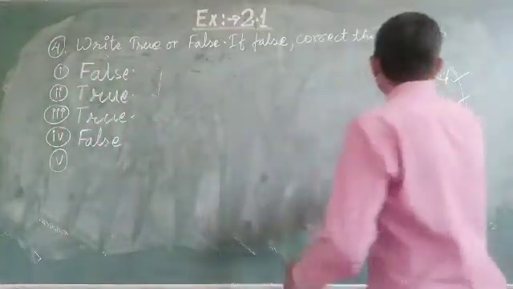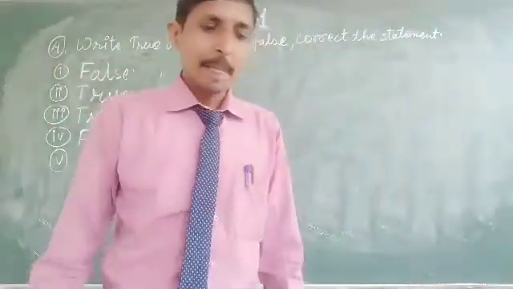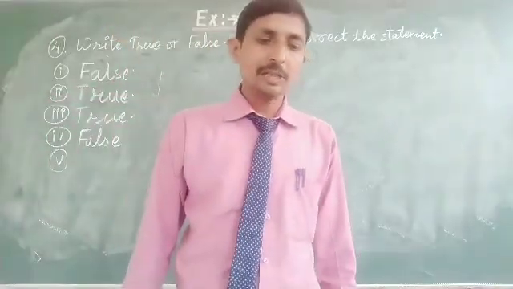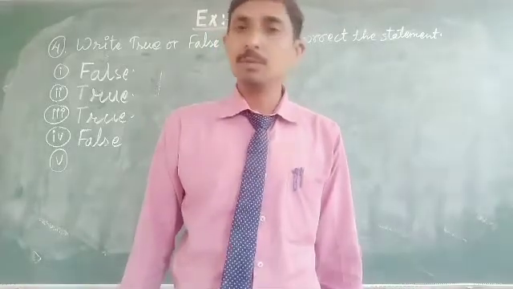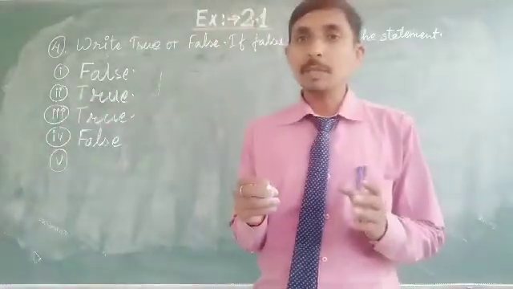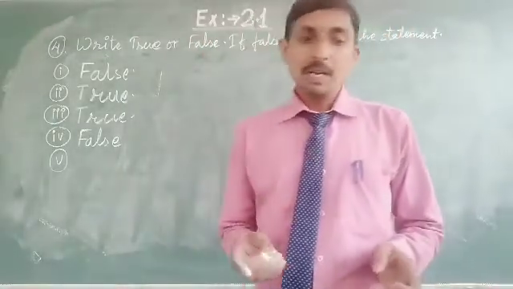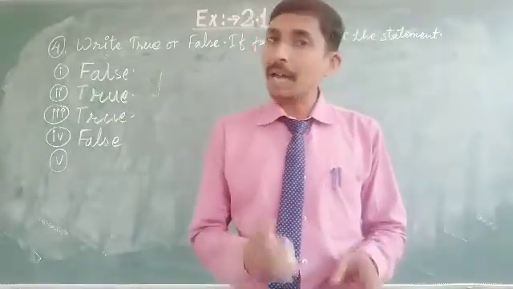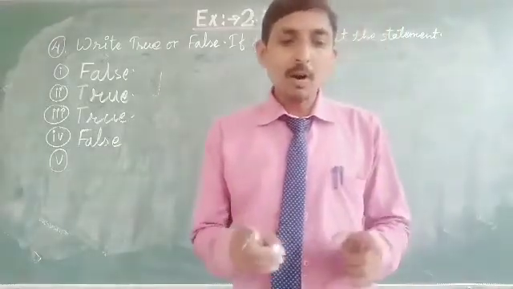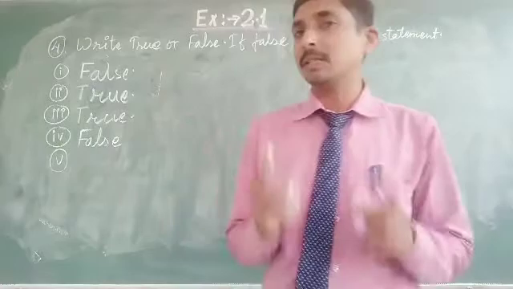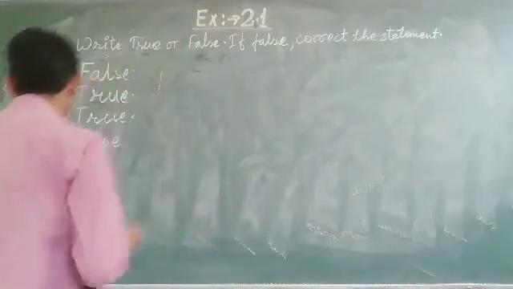Now we come to question number 5, our last question of true false. The associative property of addition states that in whatever order we add two whole numbers, the sum always remains the same. No, this is false. This statement is wrong because the associative property does not state this. This statement is stated by the commutative property. In commutative property of addition, in whatever order we add two whole numbers, the sum always remains the same. This is our commutative property. That's why this statement is also false.